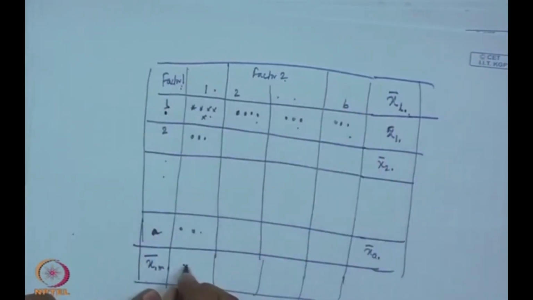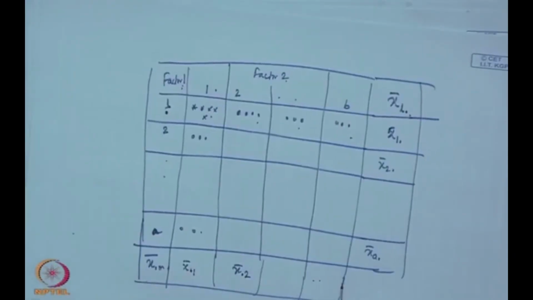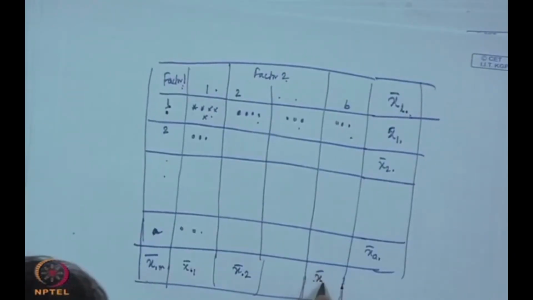So, then this will be x bar dot 1, x bar dot 2. So, like this, I think this one x bar dot b,